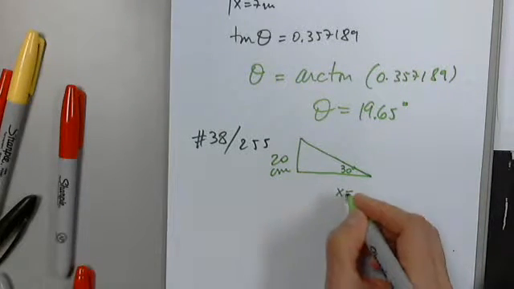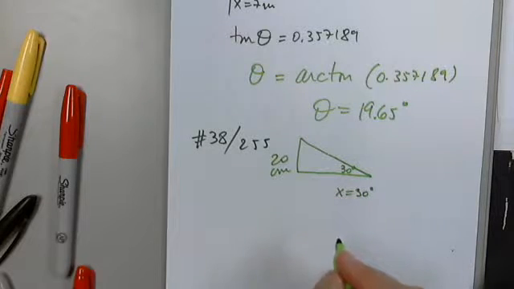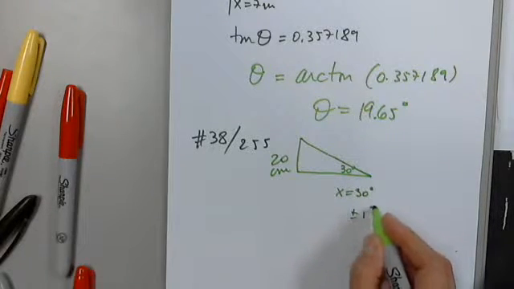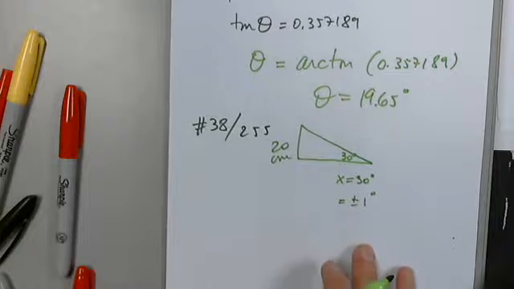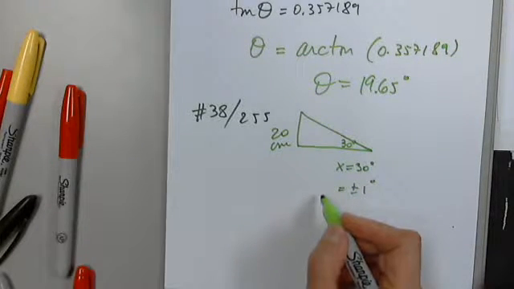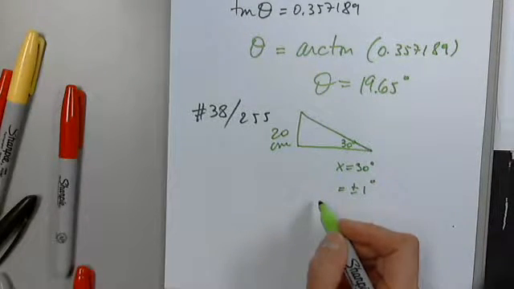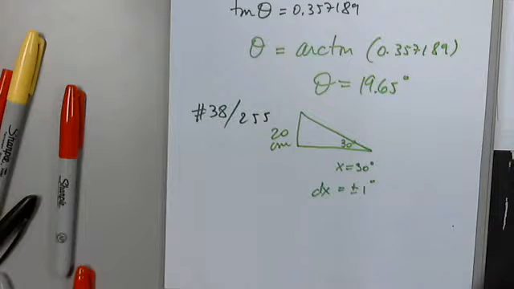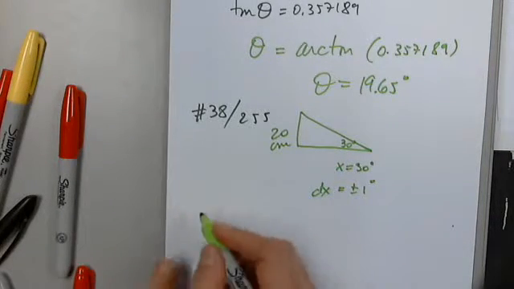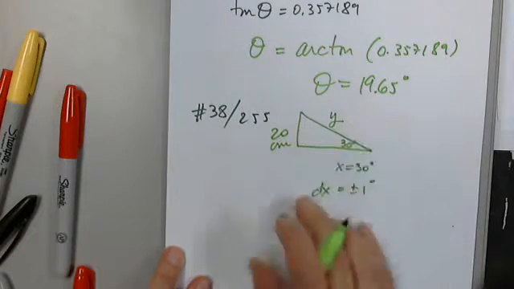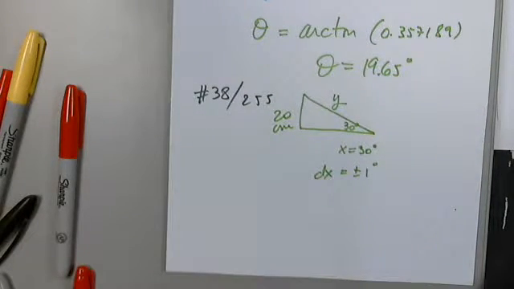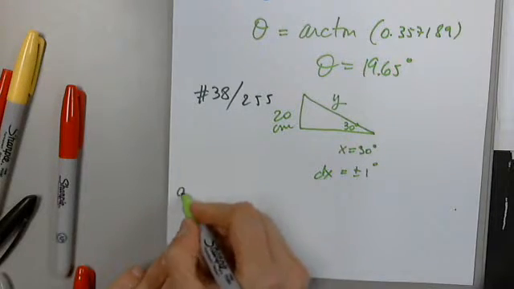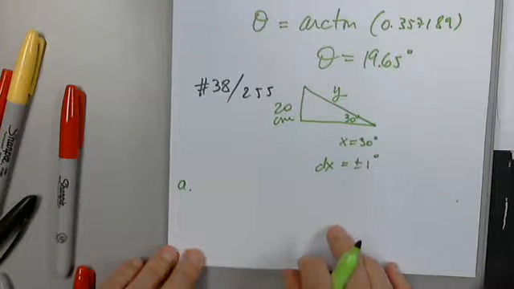So x must be 30, with a possible error of plus or minus 1 degree, which will be definitely dx. Perfect. Use differentials to estimate the error in computing the length of the hypotenuse. I'm going to call it y. So we're asked to find, in part A, definitely we're asked to find